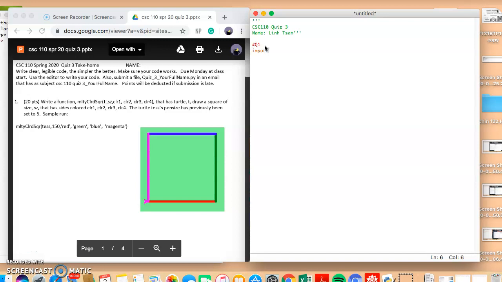So first of all, I'm going to import the turtle, and then I will set up the turtle's screen. And then I will set the screen background color, which is light green. And then I will name the turtle Test. I will call the turtle Test. And then I will also set the pen size to 5 and speed